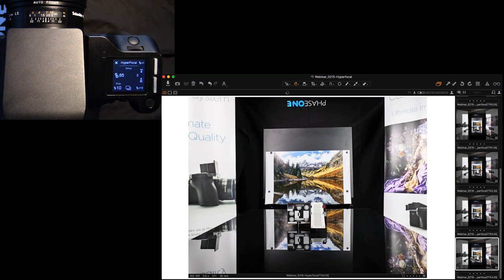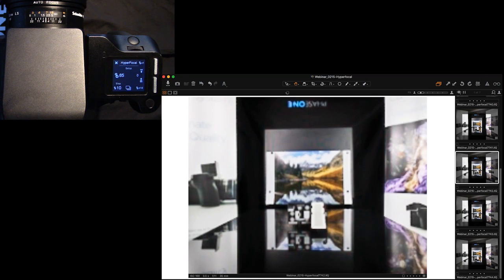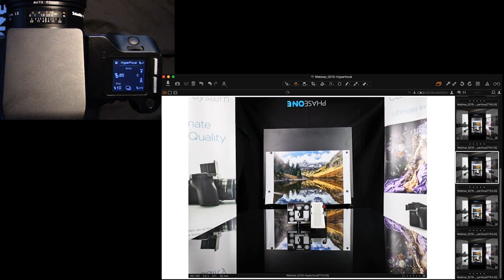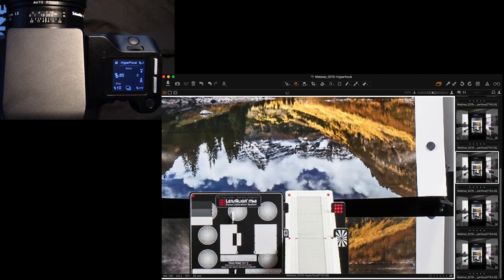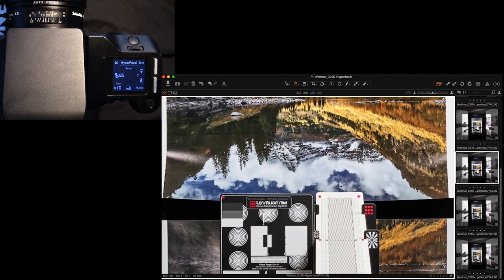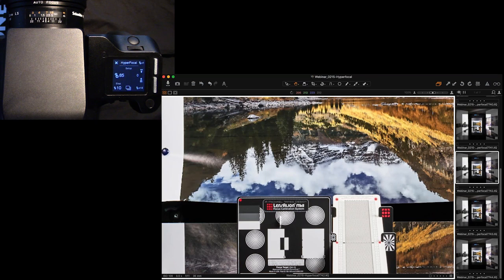So these are the different steps, and again, it's showing you the different positions that the lens is in. And while we were doing that sequence, you could have seen on the overhead webcam the lens move incrementally with each shot. So if we just zoom in at 85, and we'll zoom into 100% in the middle. And remember, we're using this as an approximation for what infinity focus would be and how we would use the tool traditionally.